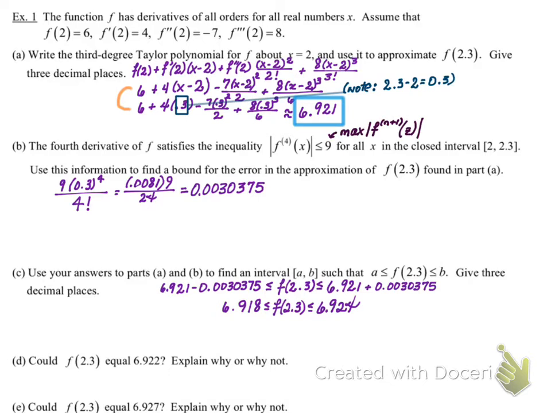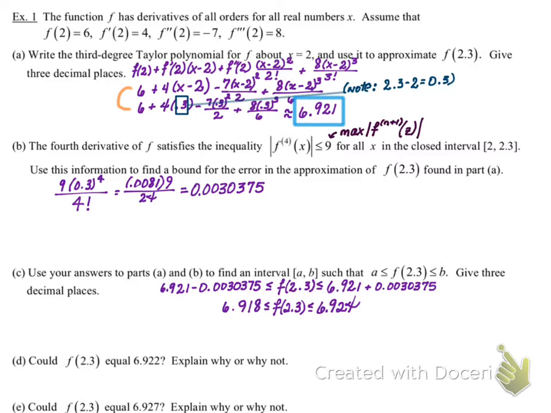I would like you to notice here that I did not round or truncate until I was completely done. That happens to be a personal preference of mine. That is not necessary, but you do need to remember that you need to be all the way out to the thousandth place no matter what. You can't round. You need to have at least 3 decimal places. I'm trying to say this as clearly as possible.